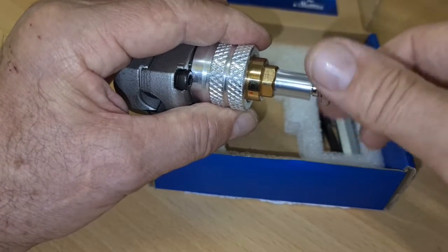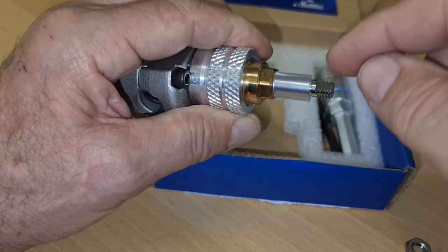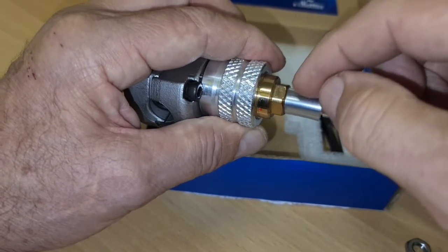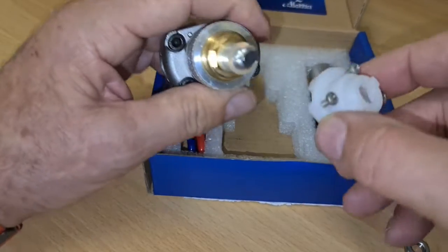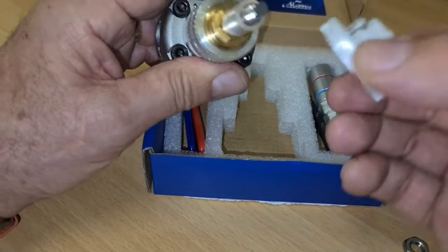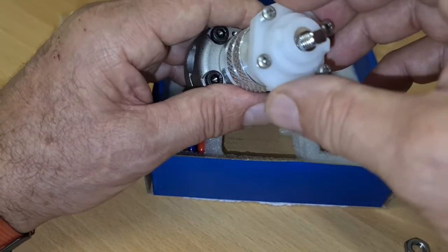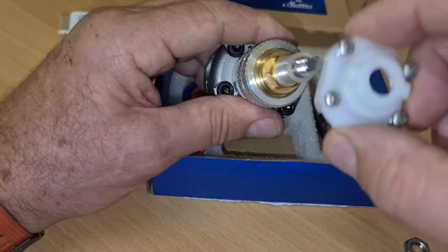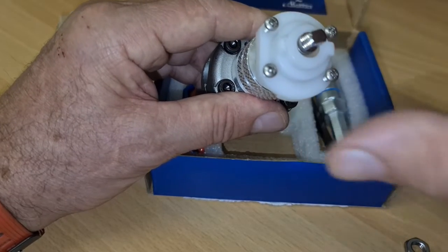Undo this nut. Leave the circlip in place. It's got to stay on there. Take this off, leave the circlip on, and then you've got this body here with the 4 screws, and it's got little notches at the bottom. You place that over there. Remember, this is gone, this is all the way down in the body and everything. You then place this over the top of that and over the top of the circlip,